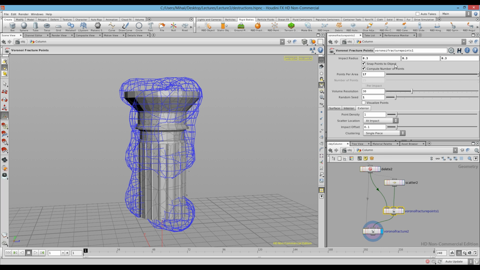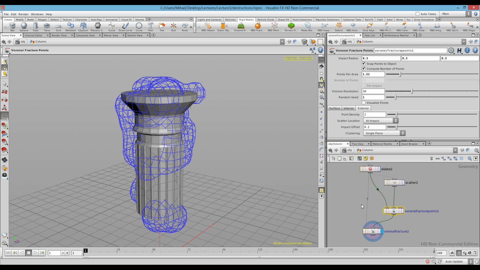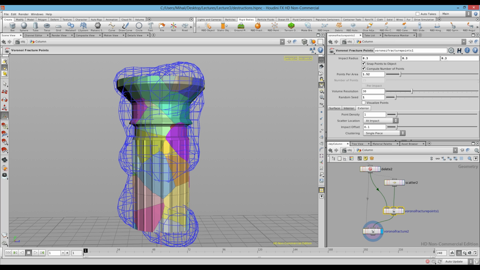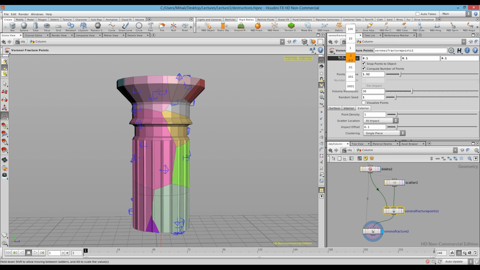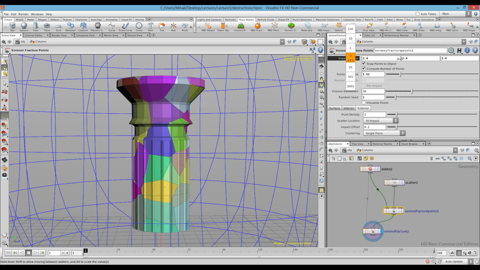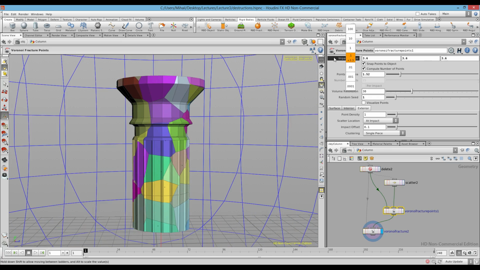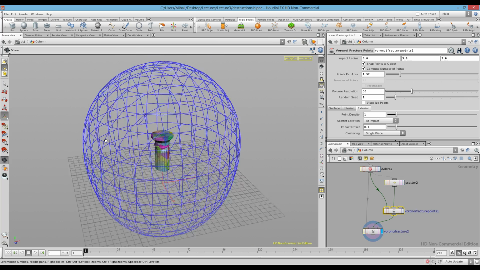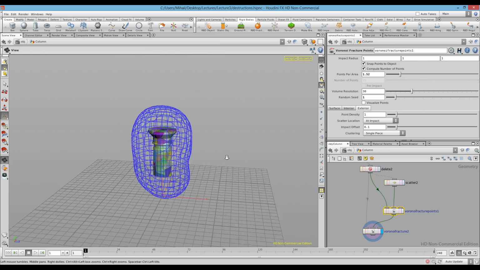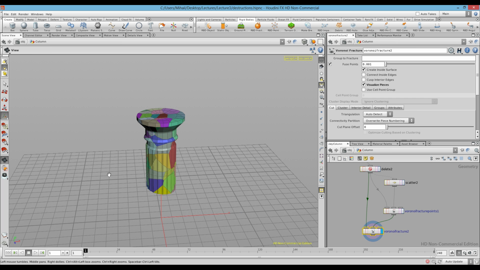If I change the impact points per area first, it will give me fewer pieces. All right. And if I change impact radius, it also affects the number of points. After some value, it stops affecting the geometry. Okay, let's bring it to default. Okay,